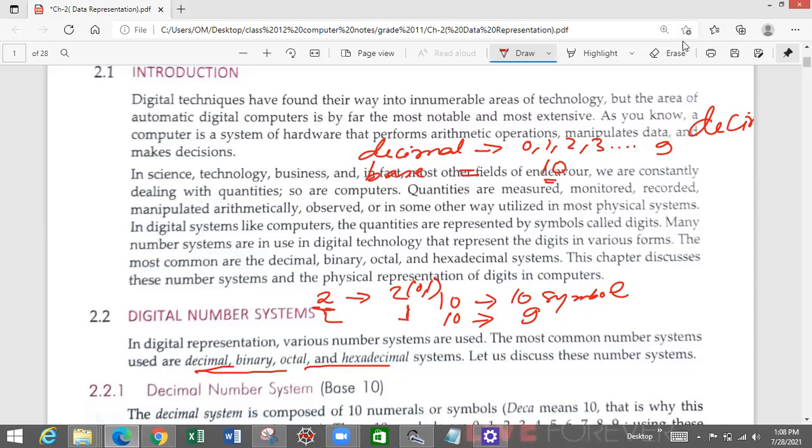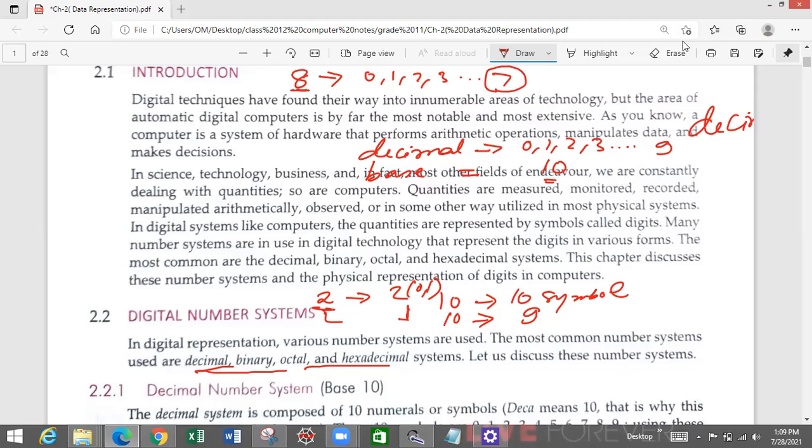Now talk about, say, the octal number system. In the octal number system, the base is 8. Here, since the base value is 8, it will have 8 different symbols in its number system, from 0 to 7. Also, base minus 1 is the highest value of any symbol. So 8 minus 1 is 7, and 7 is the highest value here.